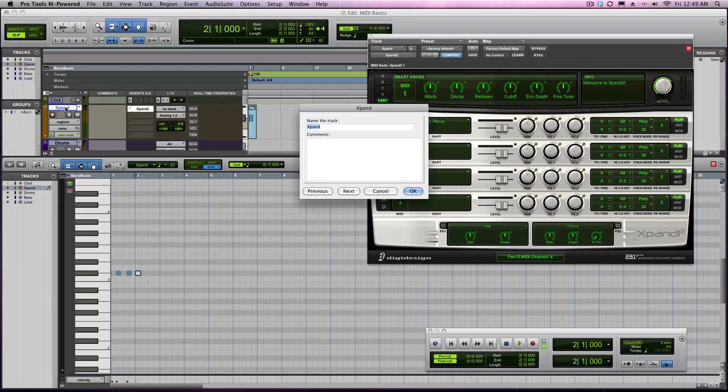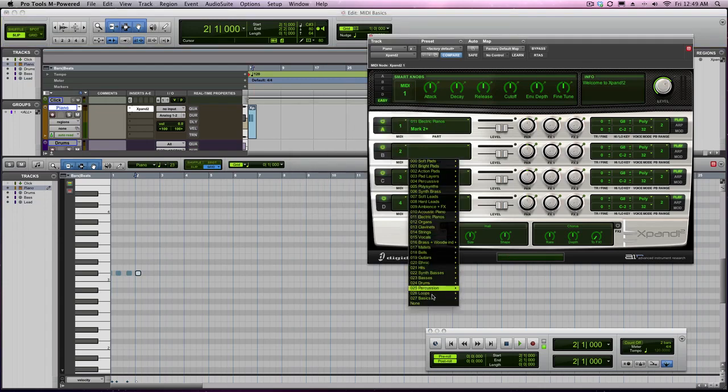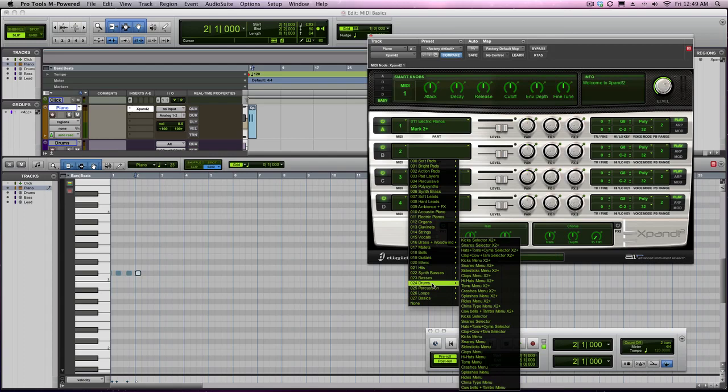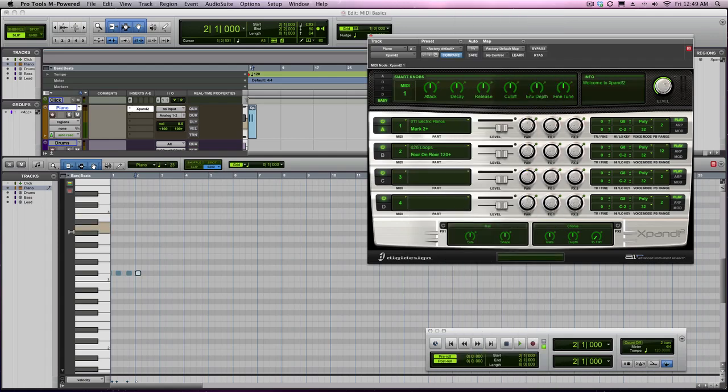So I'm going to rename that piano because it's going to be our piano track now. And this second track is our drums. So we'll go to drums. And we'll go to drum part, so we will go to, I think actually what I'm going to do is going to go to loops here, and we're at 120, so I'm going to find a 120 loop to work with in this 4 on the floor there. So now if I get to drums now, I go to middle C,